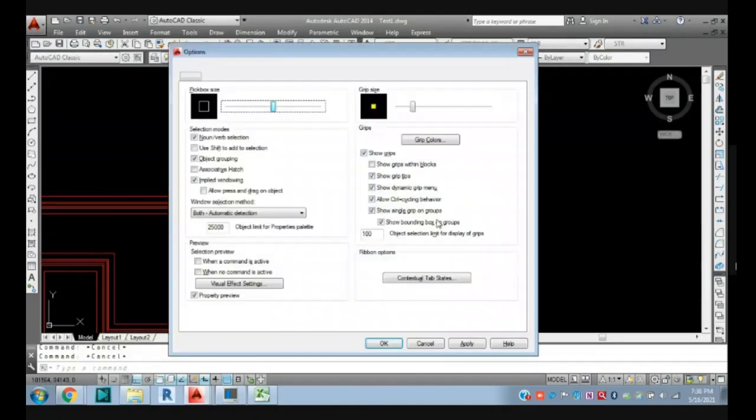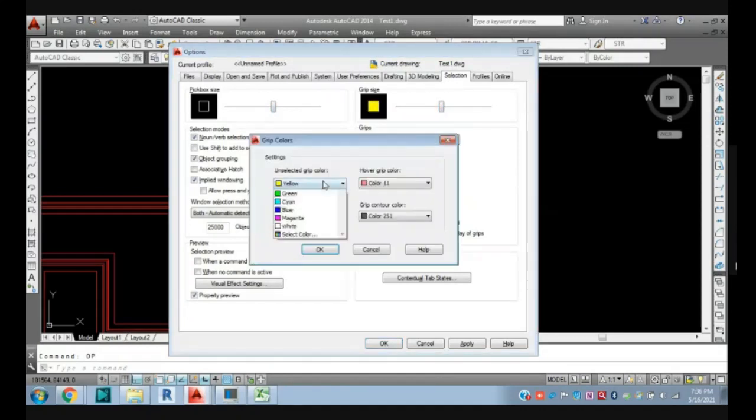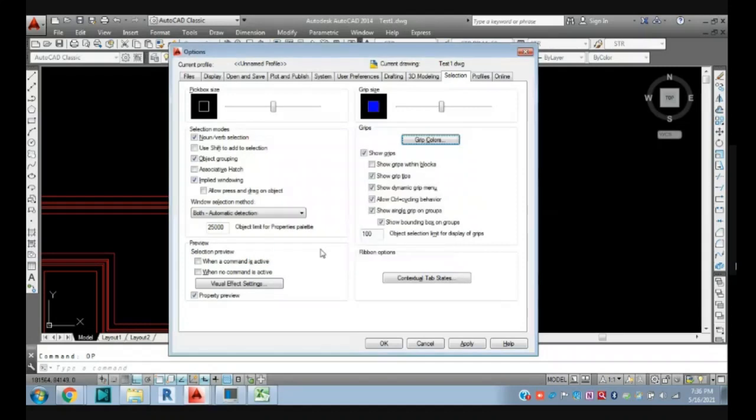So just make it medium, and I suggest keeping all these colors at the default setting, because Autodesk has taken our health and safety into consideration, including our eyesight.